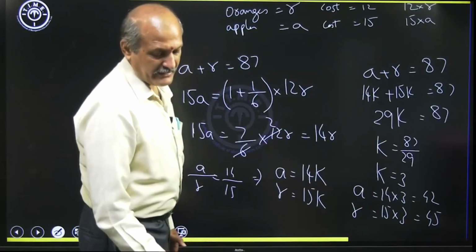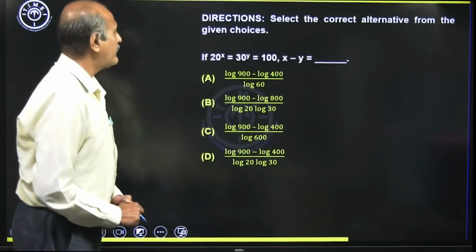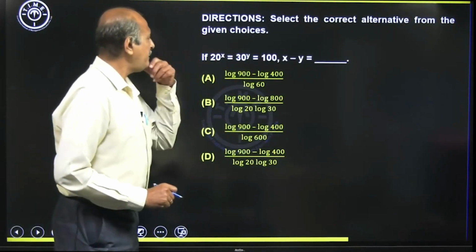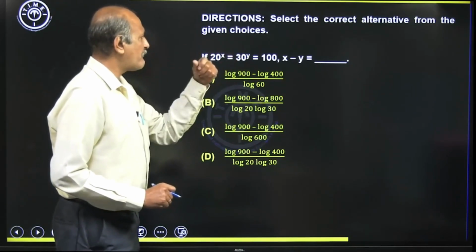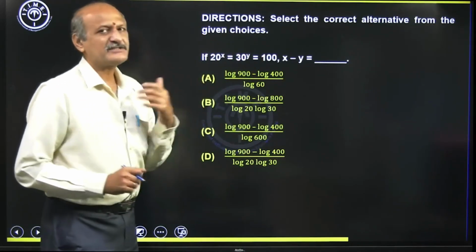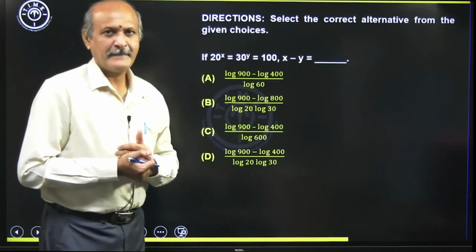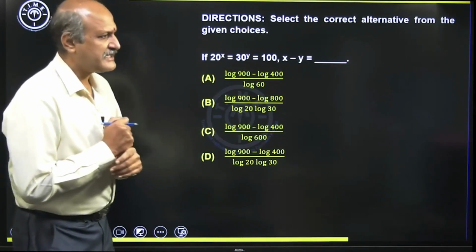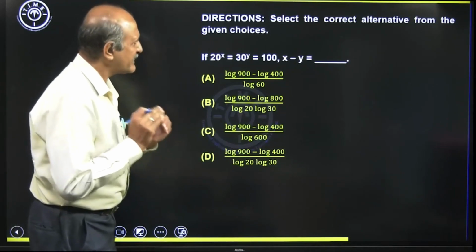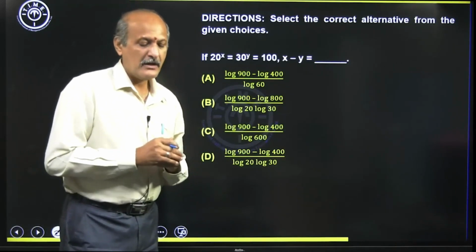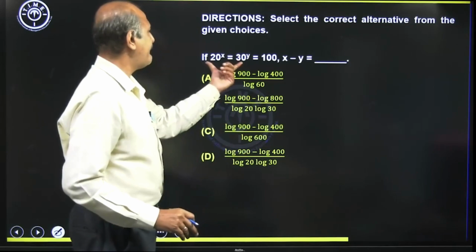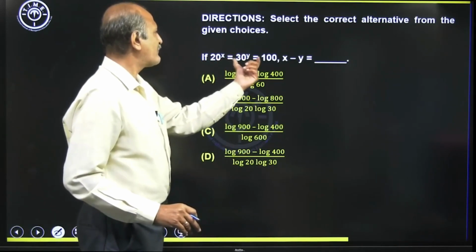Let's see another question here. It reads, if 20 power x is equal to 30 power y is equal to 100, then x minus y is dash. There are different approaches present here, but let's understand what best can be done to get the answer. Now see here, one condition he has given: 20 power x is equal to 30 power y